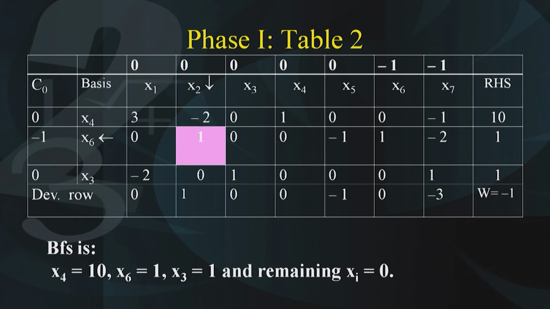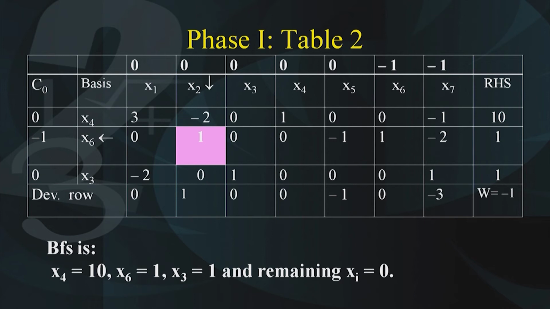So, in the first column we will write 0, minus 1 and 0. The first column is 0, minus 1, 0, and the corresponding BFS becomes x4 equal to 10, x6 equal to 1 and x3 is equal to 1,